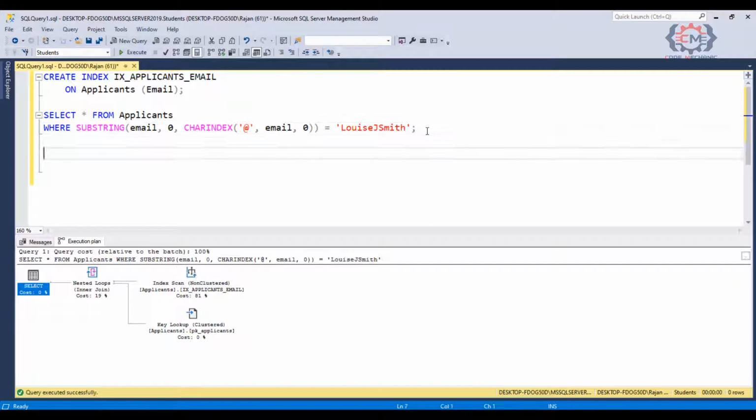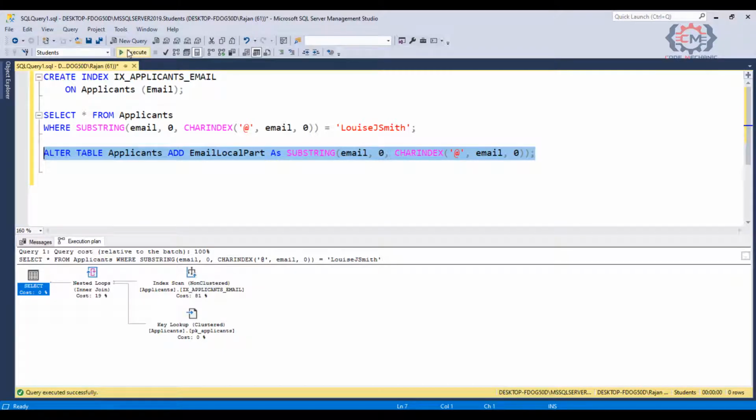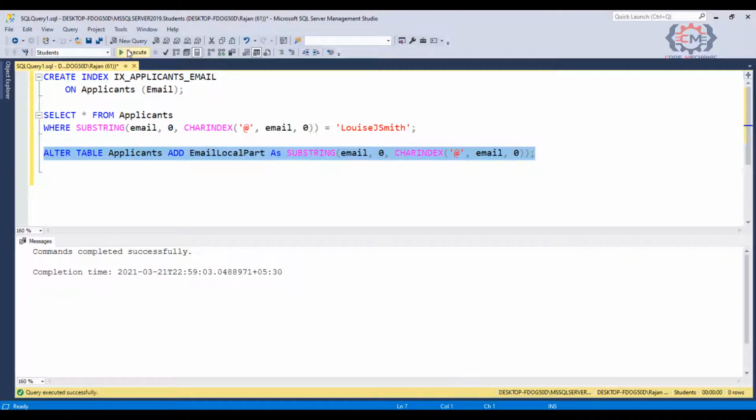So, let's do that. First I am going to use an alter table statement in order to create the computed column. You can see in this statement I have that same formula with those two functions. I could use any functions I want to here, even a user defined function. The only thing that I need to remember is that in order to create an index over this computed column, the expression that I put in here has to be deterministic. That is, it always has to return the same value for the same inputs. So, let's go ahead and get this computed column created.